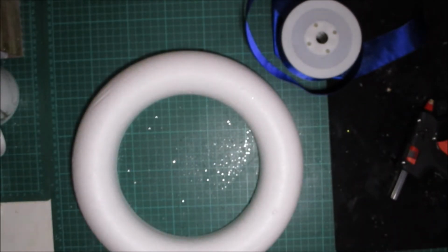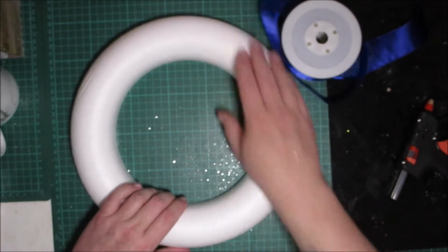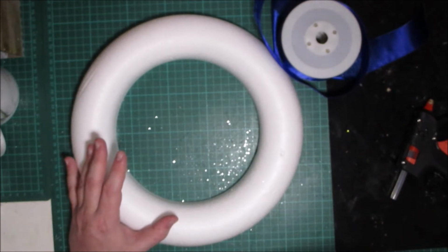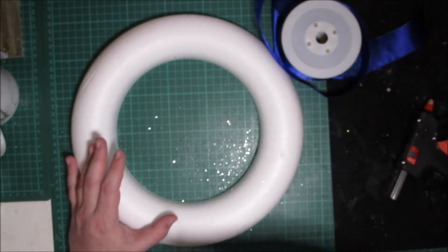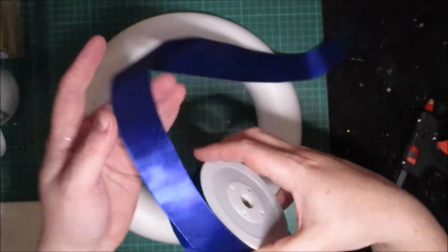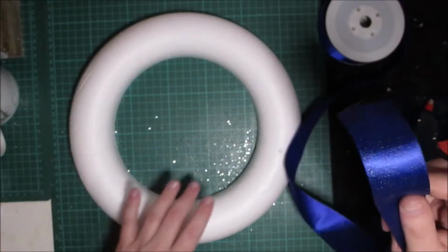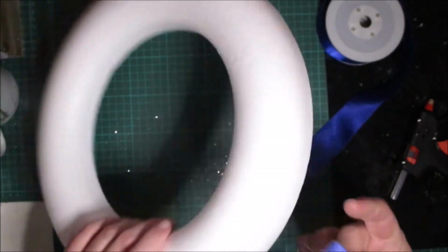Now I was originally going to use white tulle and cover part of this with white tulle. Went up in the loft to get my supplies and completely forgot about the tulle. I forgot that it was up there. I thought I had it down here, and I'm not going back up there again. So I've got this blue ribbon here and it's got silver flecks in it, so I'm going to make that work. So what I'm going to do is I am going to